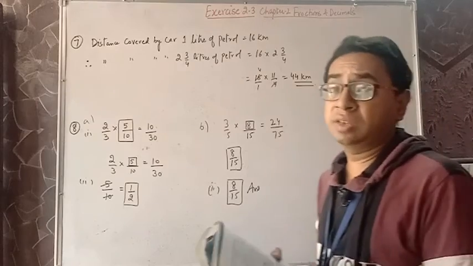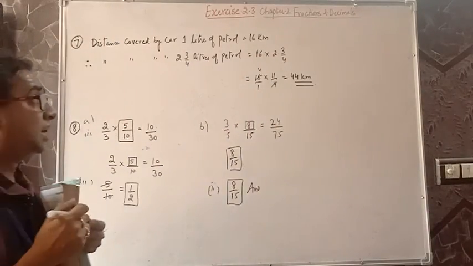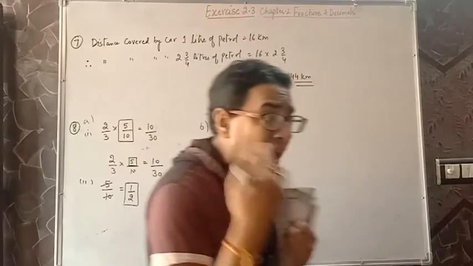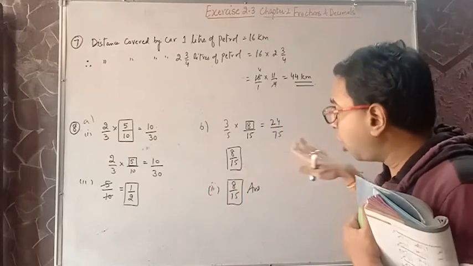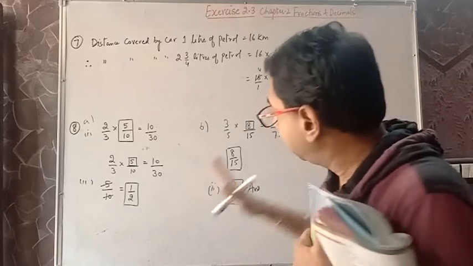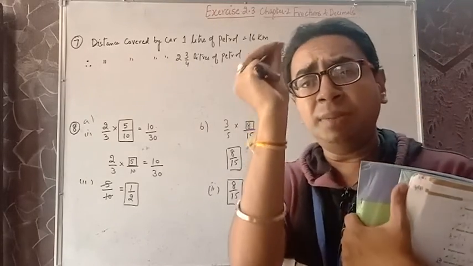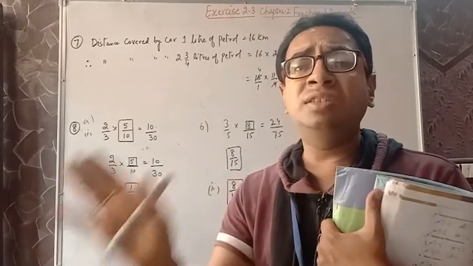By this, your exercise 2.3 is over. I think you would have observed my speed also in this, and you would have seen that I am doing less explanation here. Why? Because you are already very thorough with this, because I have already explained it yesterday. It's very easy to understand. Multiplication is very easy. Just simply multiply numerators, multiply denominators. If they are cutting, cut them. Simple answer, no LCM, nothing.